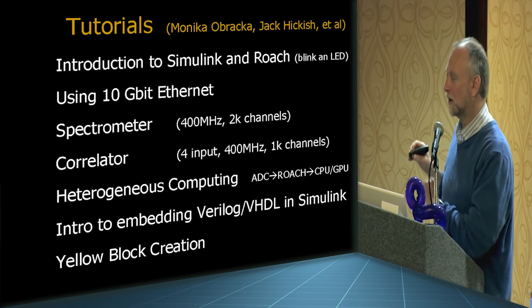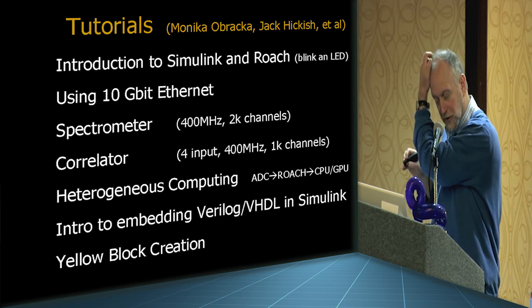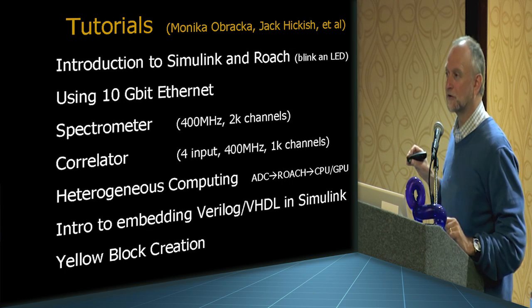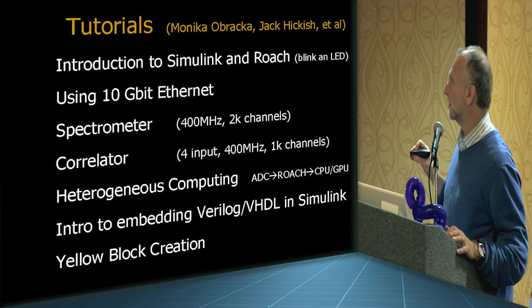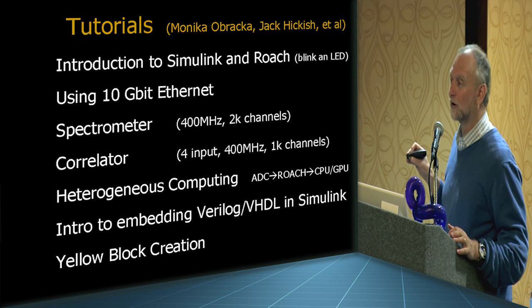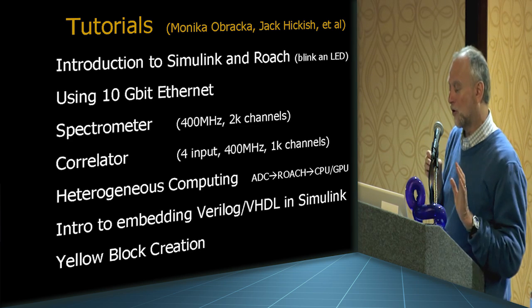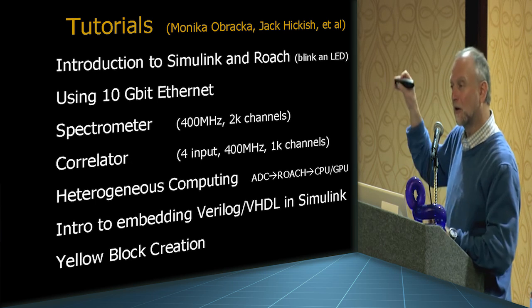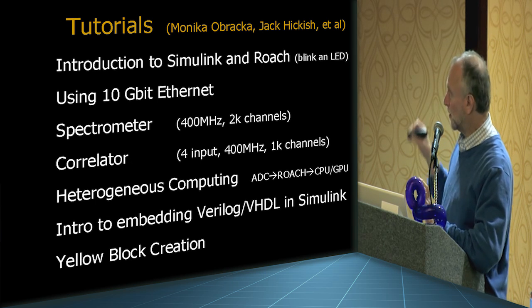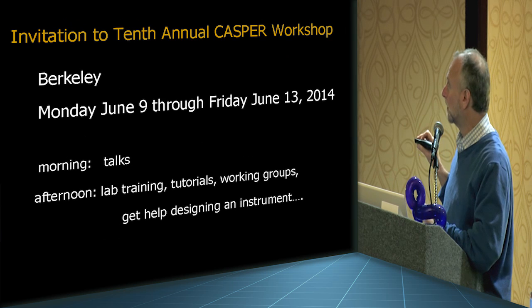And these are things that our undergraduate astronomy students learn how to do. They all take a little 1-week workshop and they build this stuff. And if you come to our workshop in June in Berkeley, we'll have talks in the morning, and in the afternoon we have these working groups, but we also have a little lab set up, and you can help us build this stuff and find out where the bottlenecks are and help us improve it.